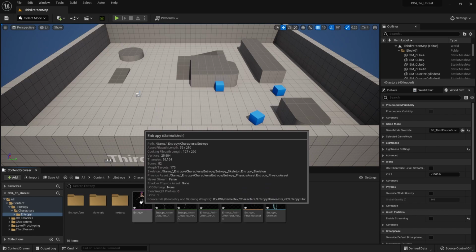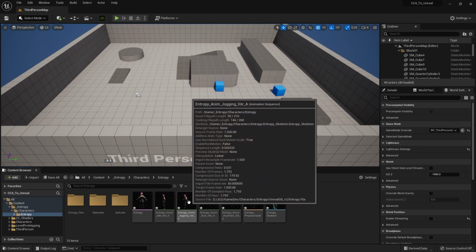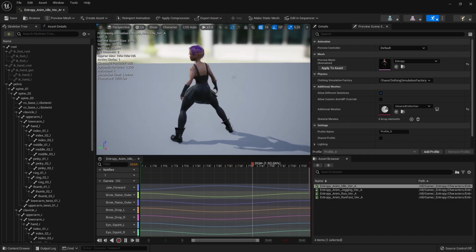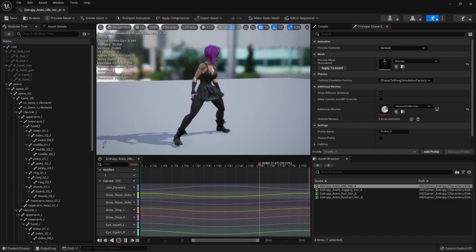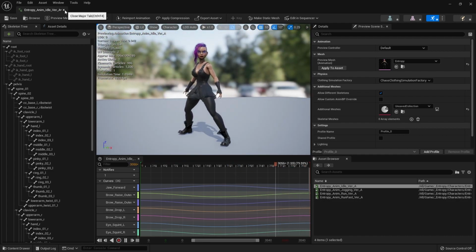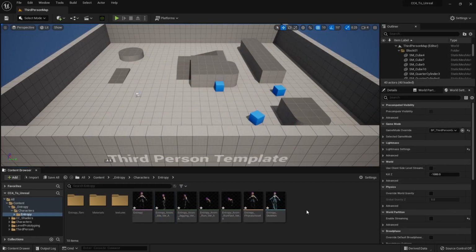Okay, so now I've got my character imported, and let's just take a look, make sure it's imported correctly. There's the character, got a little bit of movement on the hair. Okay, got that idle pose, and everything is looking pretty good, as expected. All right, so